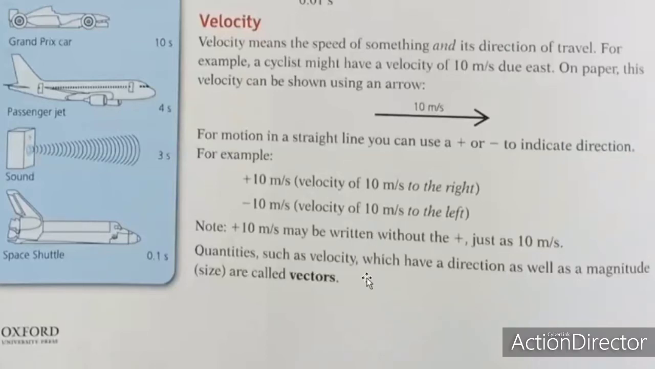Now, for a straight line, we can use a plus or minus sign to indicate the direction. Plus direction means towards the right hand side, and minus direction means it is going to the left hand side. You can write plus 10, or without the plus also. Plus 10 means we are talking about the plus quantity. And if we are going to talk about the minus sign, if we put a minus,